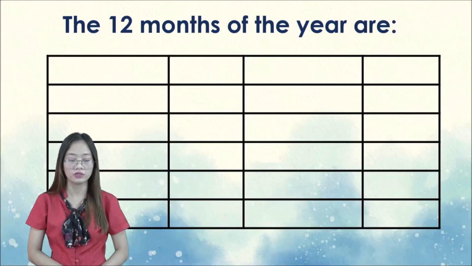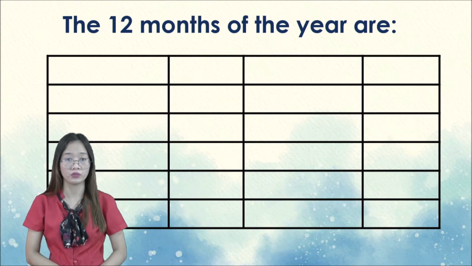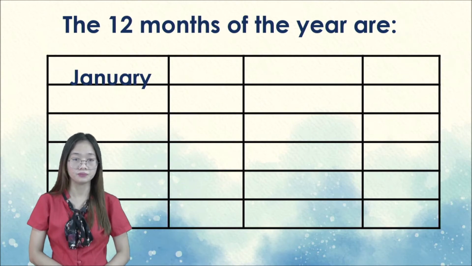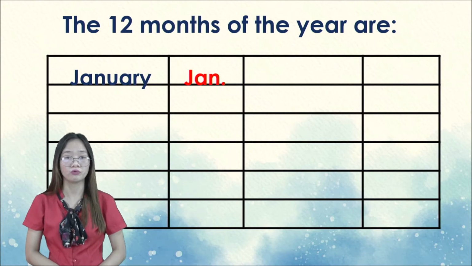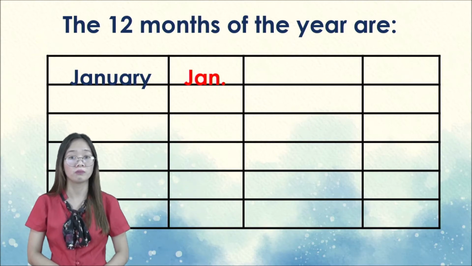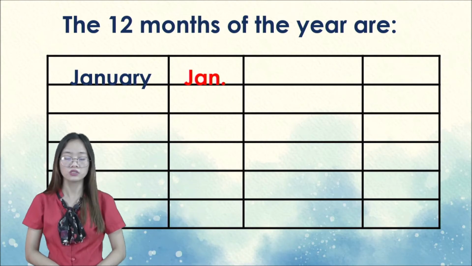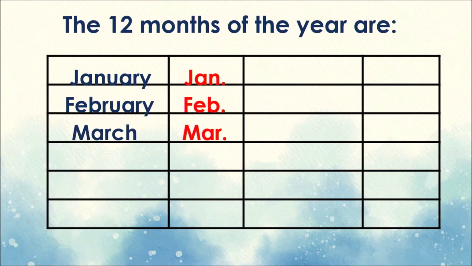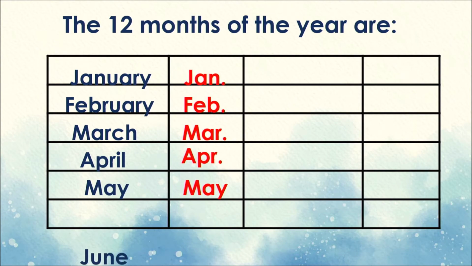Let's continue. So, class, these are the 12 months of the year. I know you are familiar with this one, so let's review them. Okay, let's start with January. This is the abbreviation for January. The color red boards, those are the abbreviations of the 12 months of the year. Remember that one, kids, okay? So we have January, February, March, and this is the abbreviation, April. So January, February, March, April, and we have May, June,